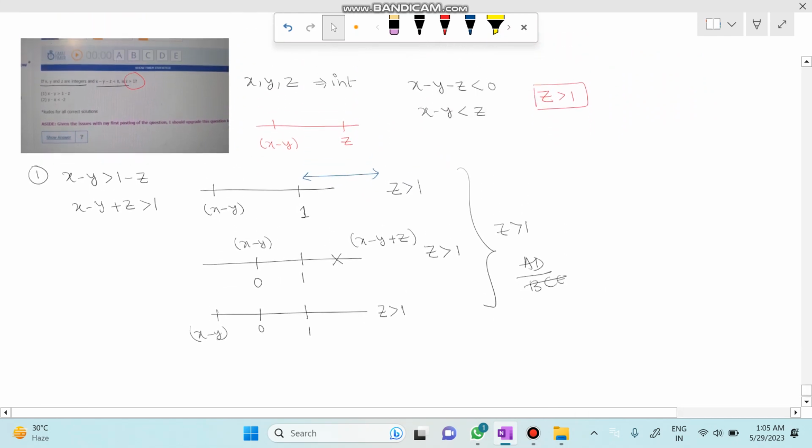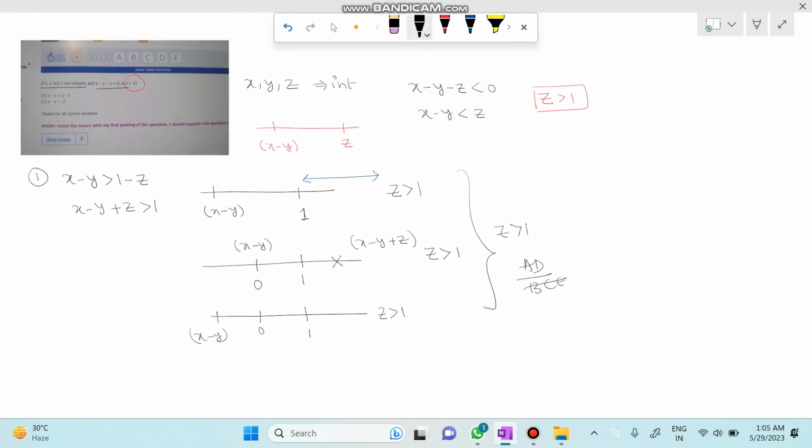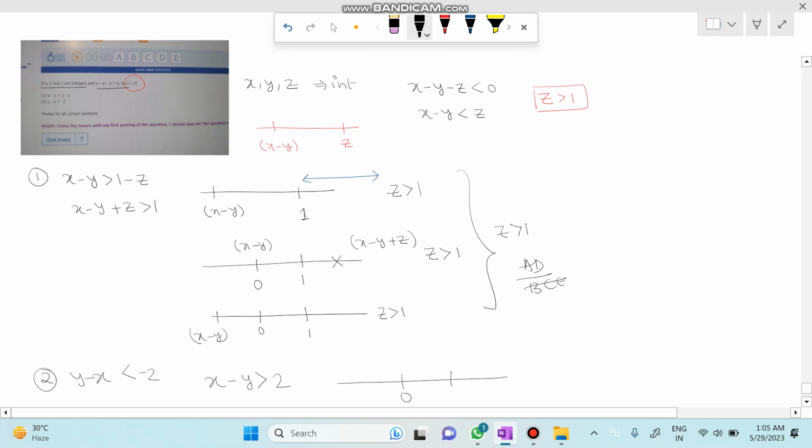Statement 2 is fairly straightforward. I think many of us got that. However, just to complete the discussion, I will go over it. So y minus x is less than minus 2. Just multiply it by minus 1 on both sides. So x minus y is greater than 2, which means if this is 0, this is 1, this is 2, x minus y itself lies to the right of 2. The value of z would anyway be more than 2, right? Which means z is greater than 1. So this statement is also sufficient. The answer is